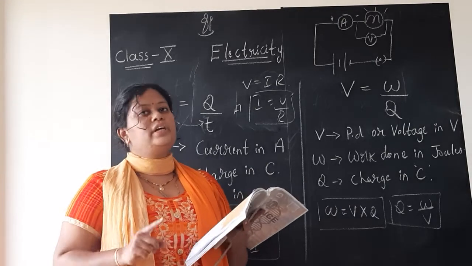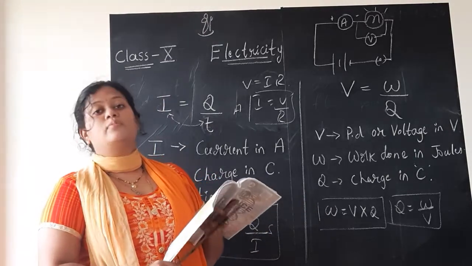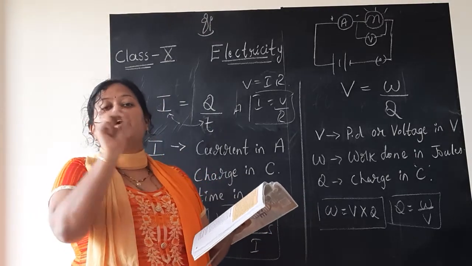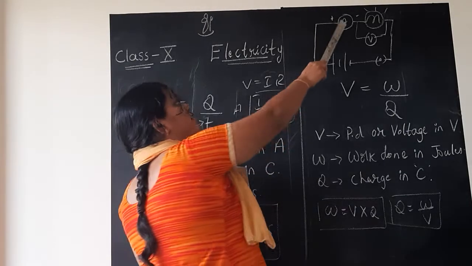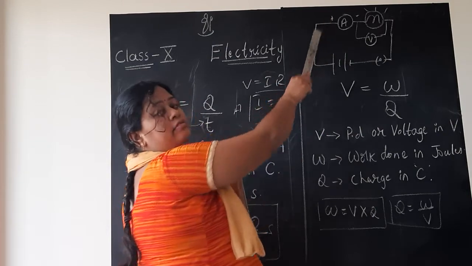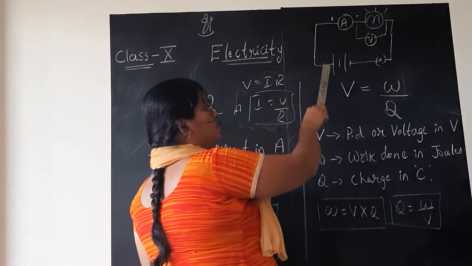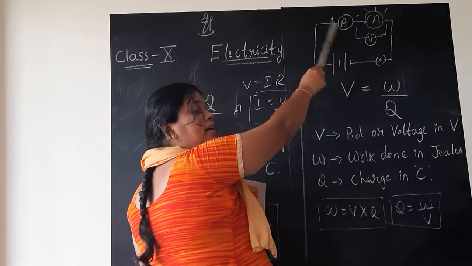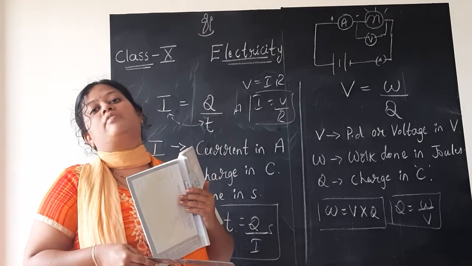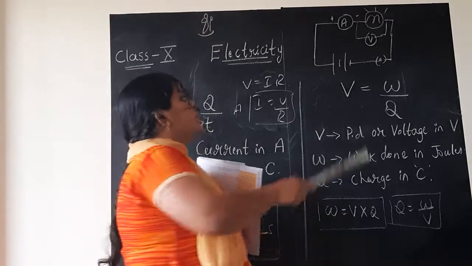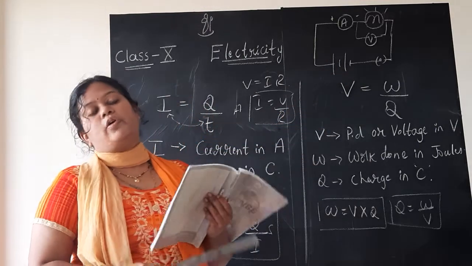Unit means unity, which is 1. You all know, right? So it is the work done in moving a unit charge from one point to another. Here, when the battery is connected, a chemical reaction takes place in the battery, which provides the potential difference in the circuit and makes the free electrons present in the wire flow. Correct? So it is the work done in moving unit positive charge from one point to another.